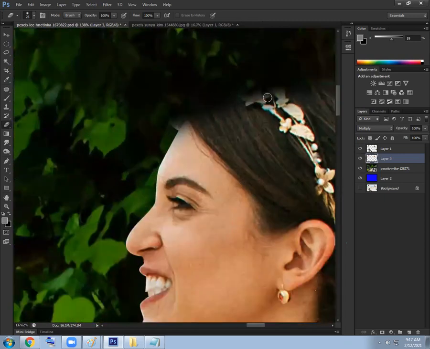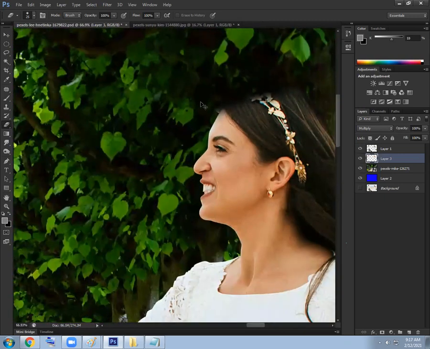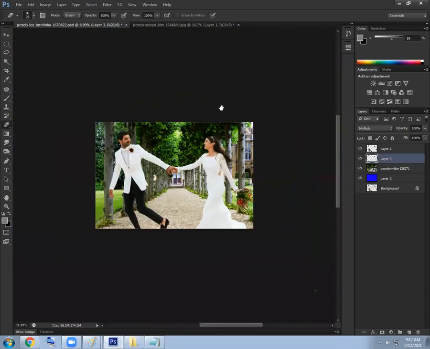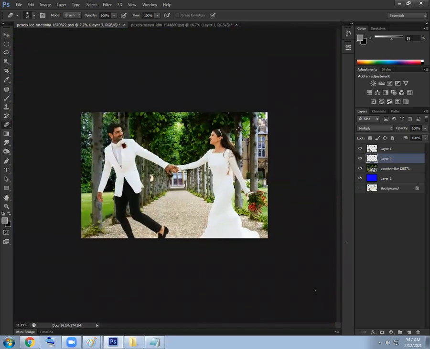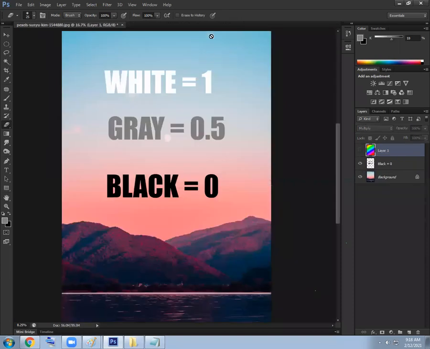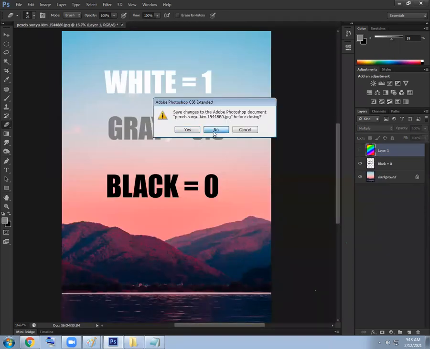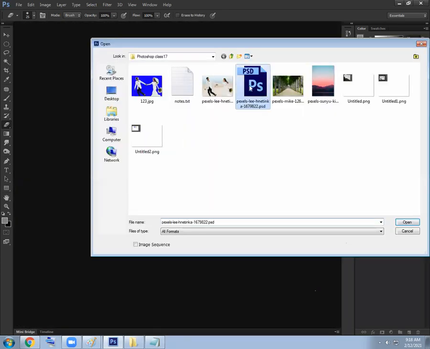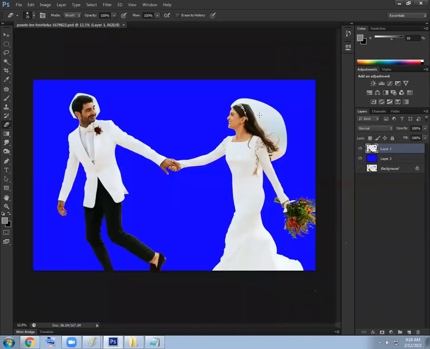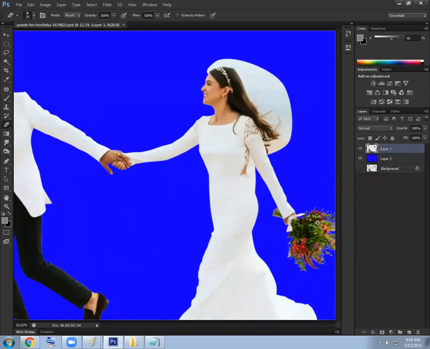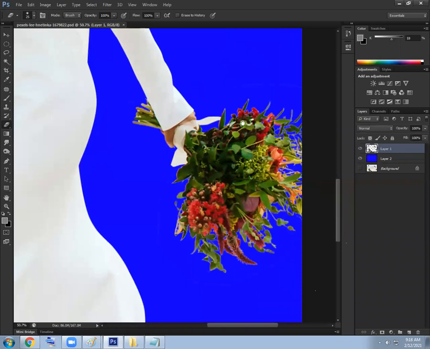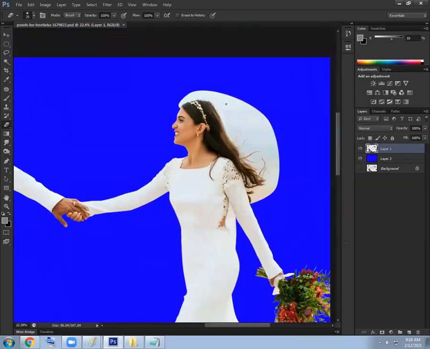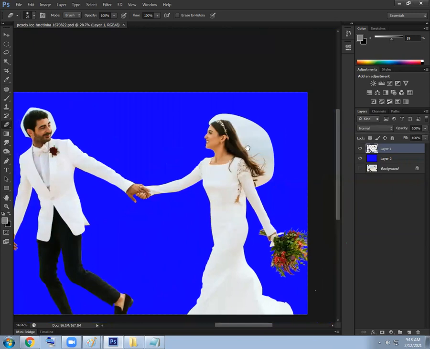Here some hair problem is there. That is my problem. I didn't erase properly. Okay. Let's do this again. I'm not saving this. I'll open this image again. So we are here. Okay. We have removed this background and we want to remove the background of the hair. So first step,